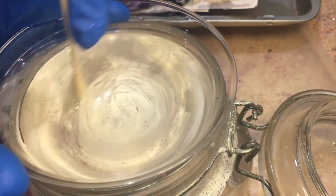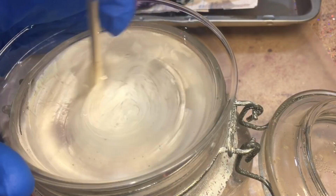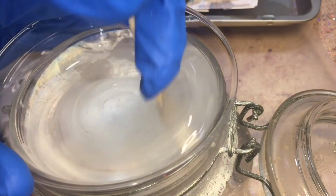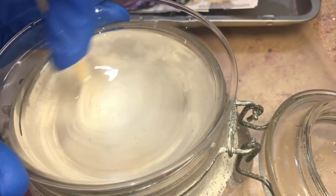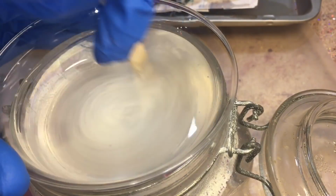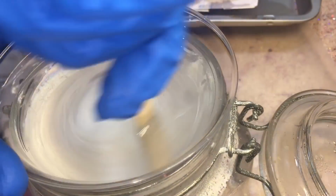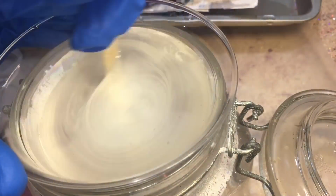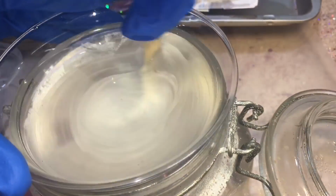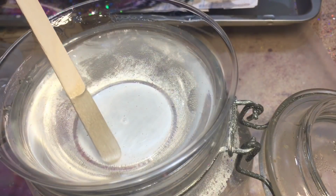And you don't want to stir too fast because you'll cause air bubbles. Which, I mean, they're okay if you get them because you can pop them out with heat, but it's nice to not have a whole bunch of air bubbles. You see how it's not clear? We're going to stir until it's clear. It's clear. Okay, so